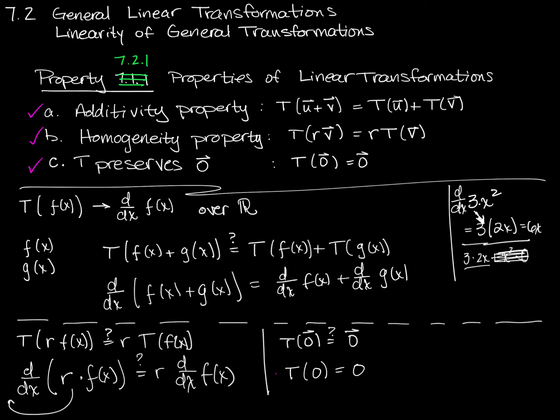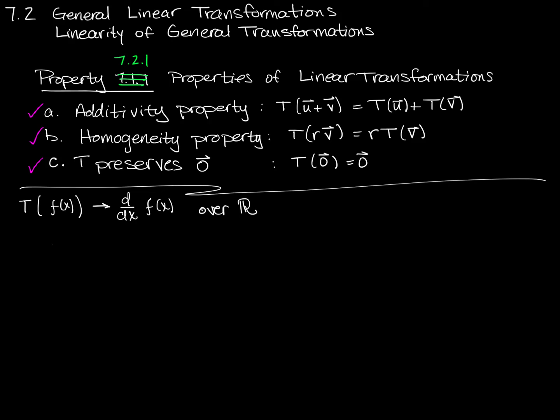So that says that this transformation over the real numbers is, in fact, a linear transformation, because all 3 of these properties have been preserved. Okay, I'm going to wait just a beat here so that if you wanted to stop the video and write some of this down, you could, but then I'm going to erase this screen. So in 5, 4, 3, 2,